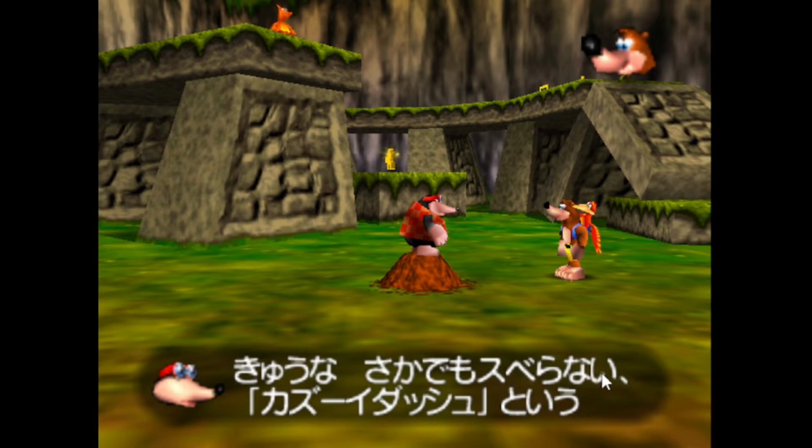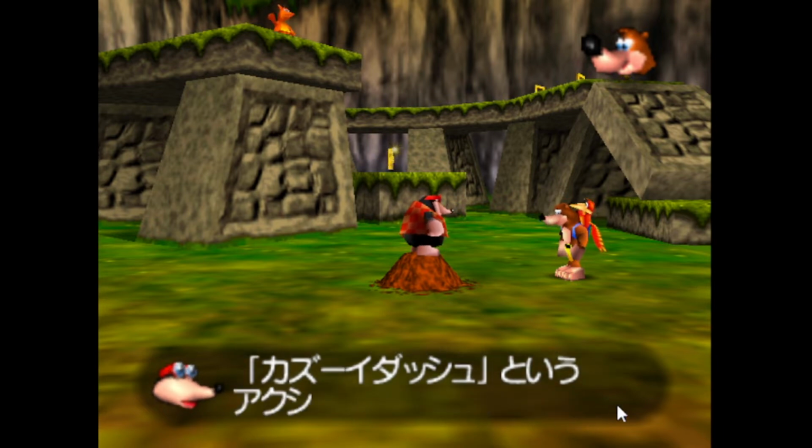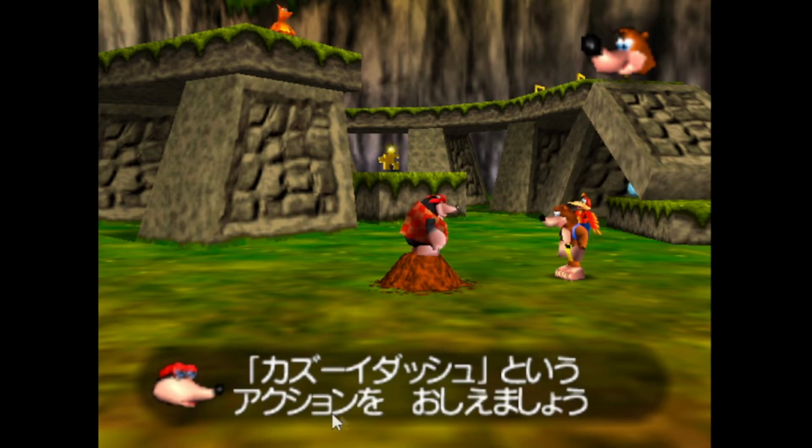So, to not slip or slide even on steep hills. Kazooie dash to you. Action wo oshiemashou. So yes, an action called Kazooie dash. I've decided to teach you.